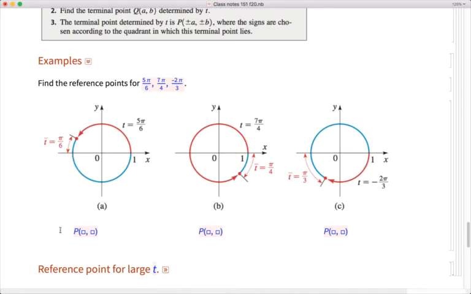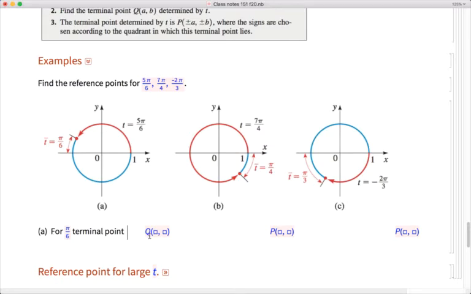So let's do it in the steps that we're supposed to here. So this is part A. I'll do them separately here. So the picture is telling us that the reference number is pi over 6. For pi over 6, terminal point,